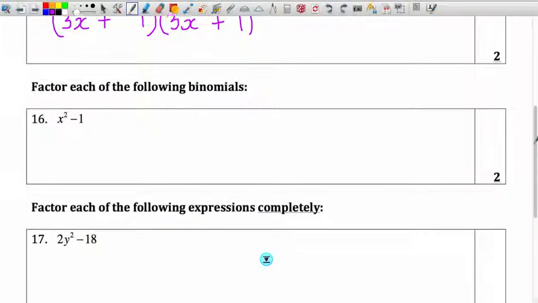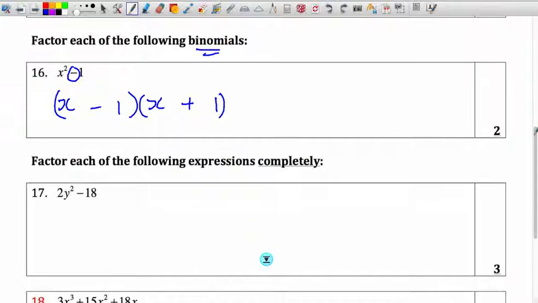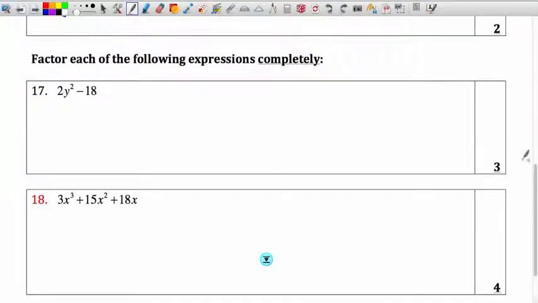Okay, 3 minutes to go. This is what is known as a difference of two squares, so it's a binomial, only two terms. If you recall, it factors just like a trinomial, x and x in order to get the x squared, 1 and 1 in order to get the 1. Signs are going to be different, but we make sure one is a plus and one is a minus to ensure that they cancel out and we do not get a middle term. Okay, and now we have factor completely, and really what that just means is remove a GCF first and then have a look. Could be a binomial afterwards, could be a trinomial,